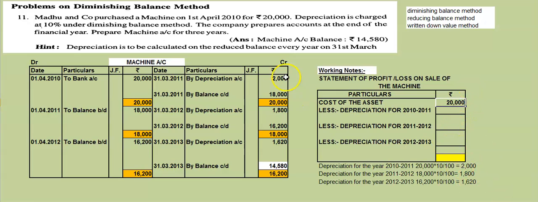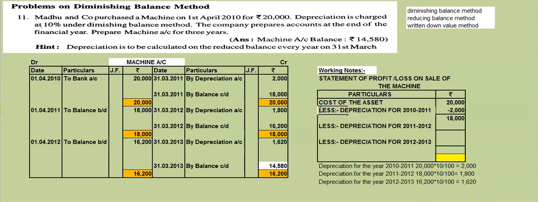Now 20,000 minus what do you have to take in the first year? Less depreciation for the first year. How much was the depreciation for the first year? See here. How much do we get? First year depreciation was 2,000. So we'll subtract 2,000. If we subtract now, how much did you get? Diminished value, how much did we get? 18,000 we got. From these 18,000, what have we done in the second year? Again we have calculated. What have we calculated?